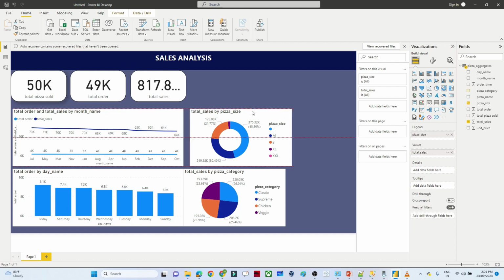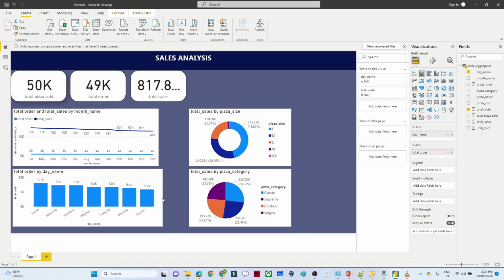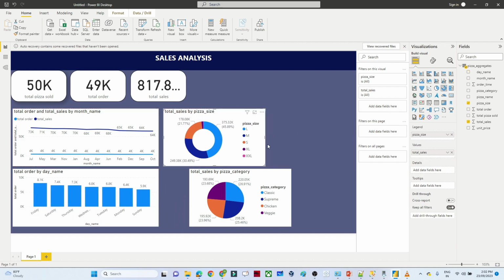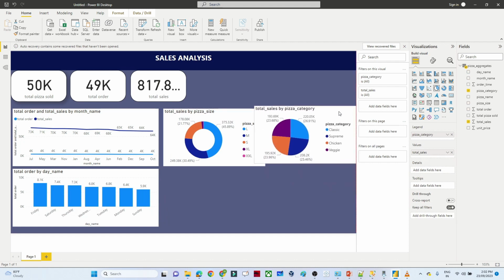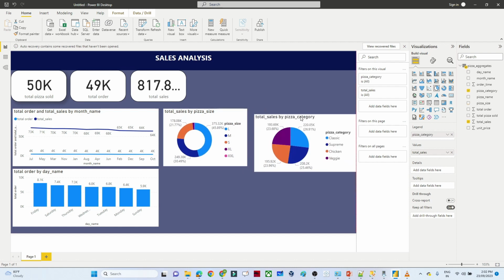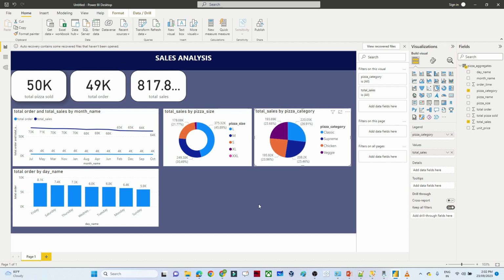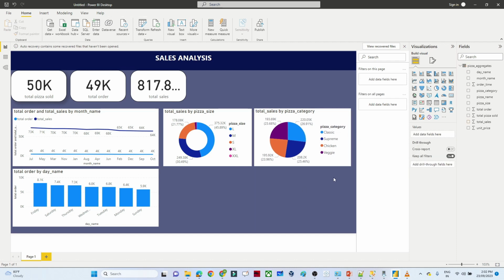Okay, let me add more KPIs, more metrics here. Okay, I will add here. So let me make it small. Let me adjust this. Okay, now let me add more. What do we actually want to track? We want to track the